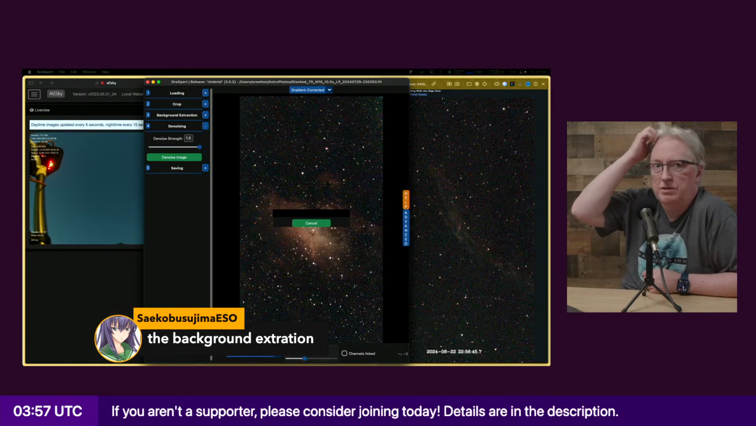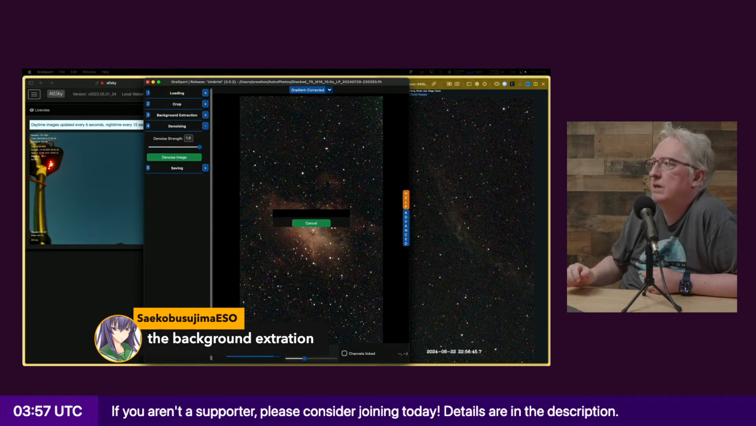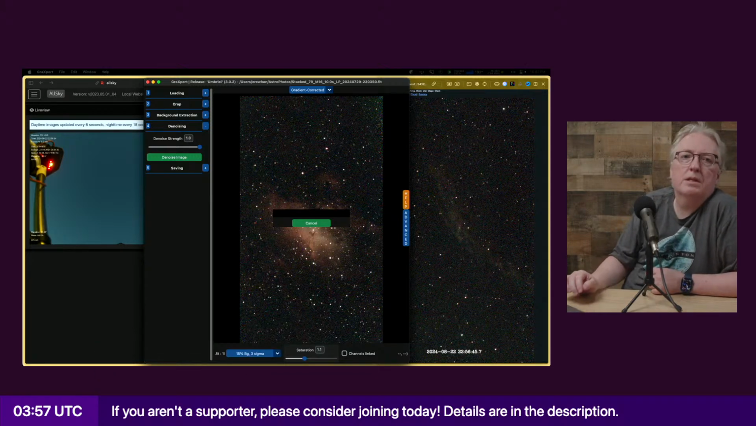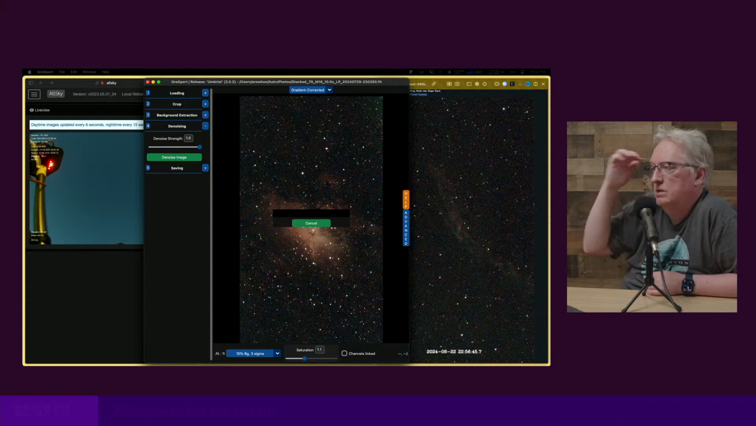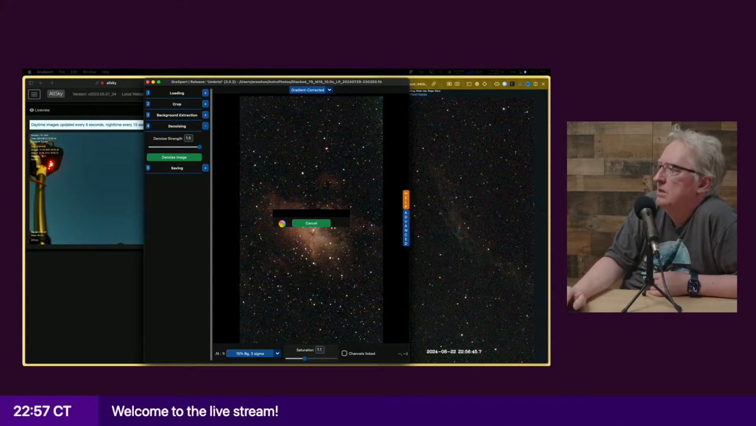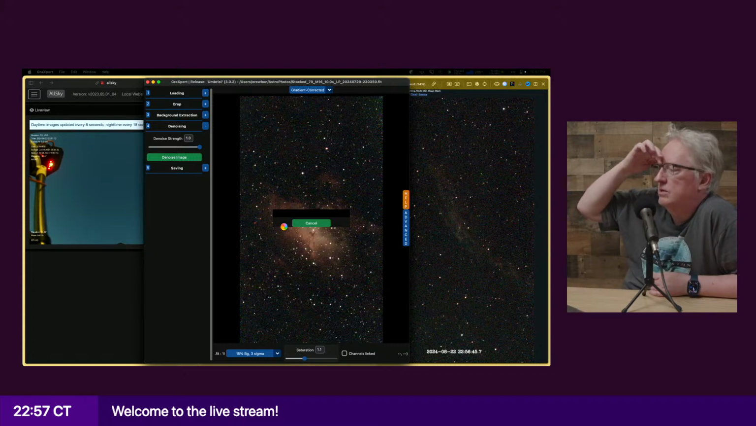Yeah, the background extraction. Oh, the background extraction. I mean, what I did just now was in Graxpert. I'm just doing this all in Graxpert. Yeah, see this, but some of it is just the model starting up, and I wonder if this is a one-time initialization, because